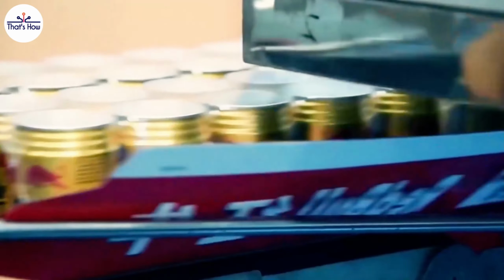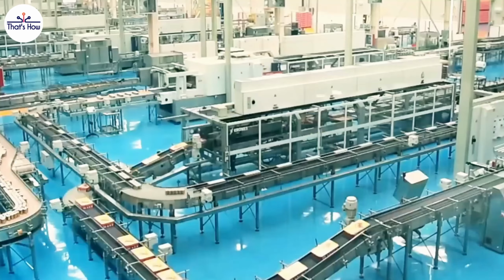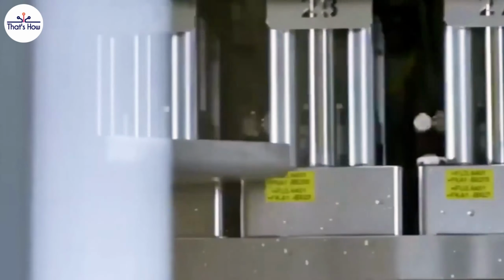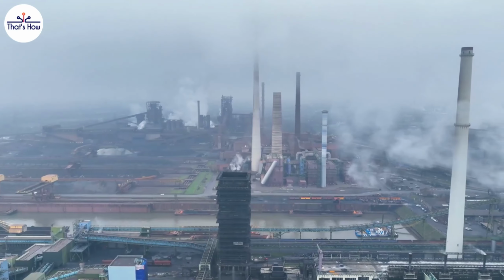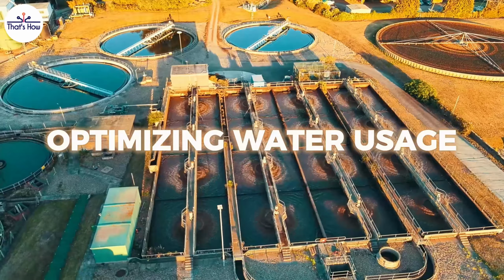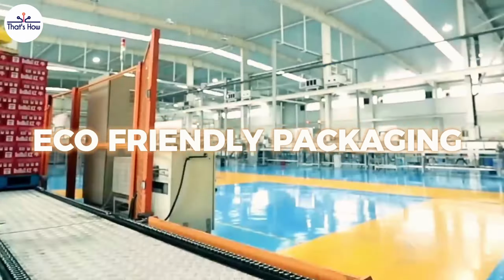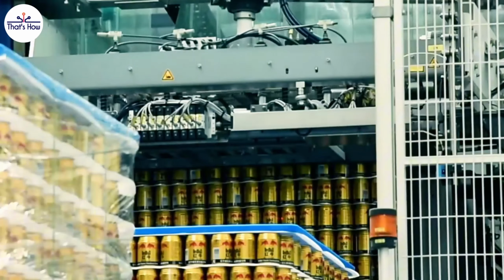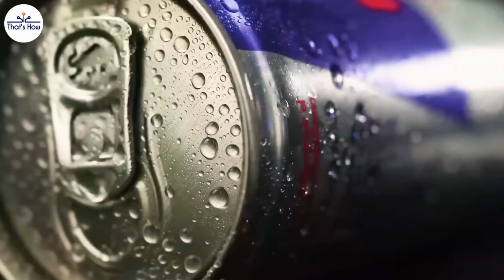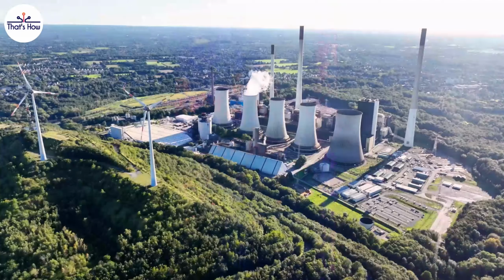But production doesn't stop at just making the drink. Red Bull factories are built with sustainability in mind. The company has taken significant steps to reduce its carbon footprint by using energy-efficient machinery, optimizing water usage, and implementing eco-friendly packaging methods. In fact, Red Bull's aluminum cans are 100% recyclable, and the brand continuously works to improve its